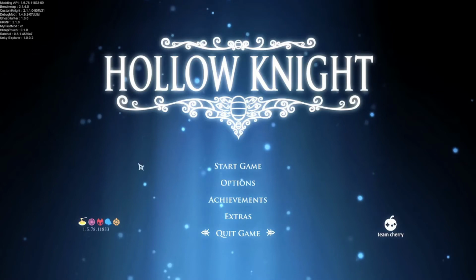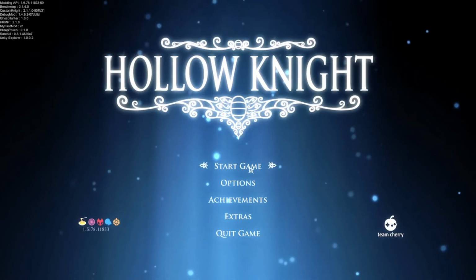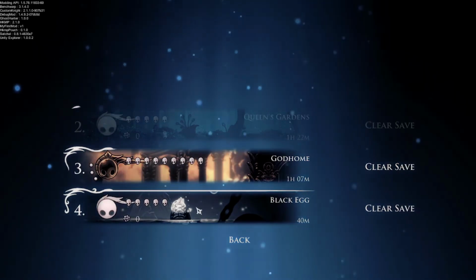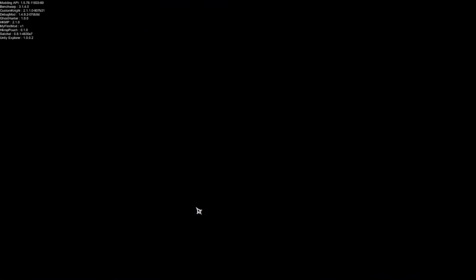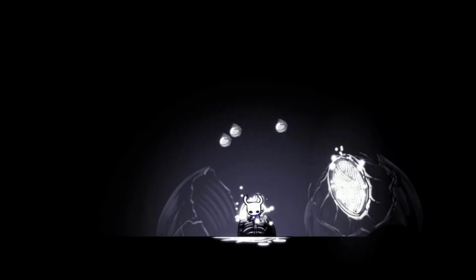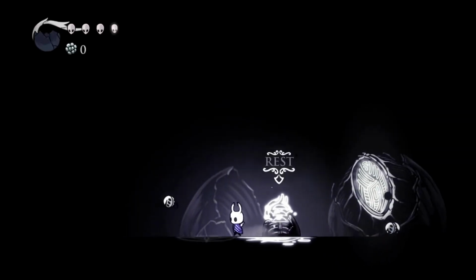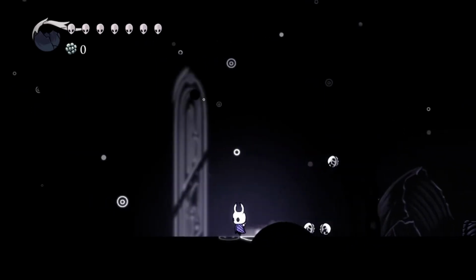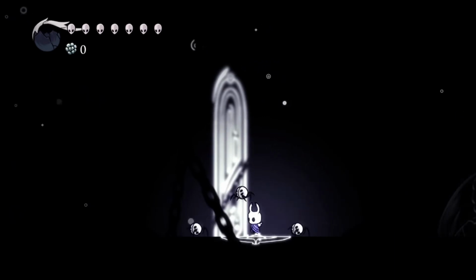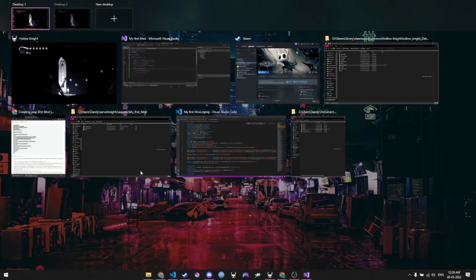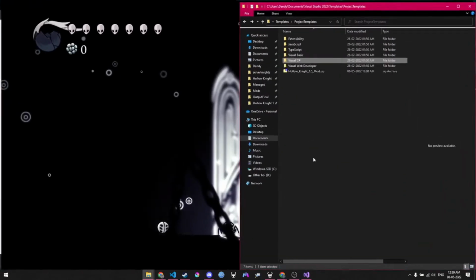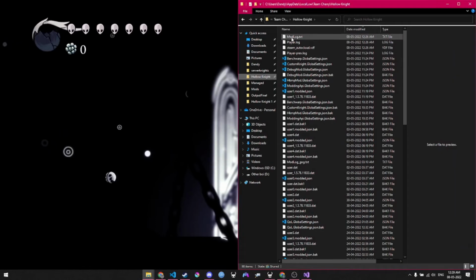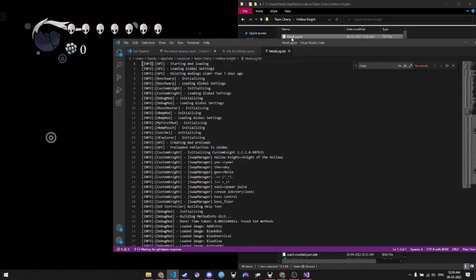And so the mod is running. Now we start the game. We'll just go to an existing save, skip the cutscenes. And we now have our knight. So we're going to press O on the keyboard a couple of times. You might think nothing happened. That's because nothing did. Except if you go back into your saves directory and open the modlog.txt file